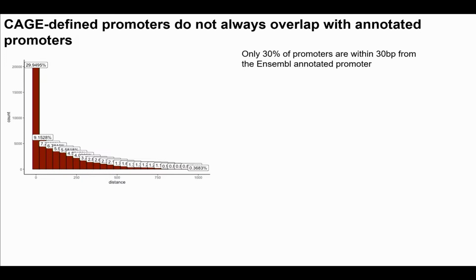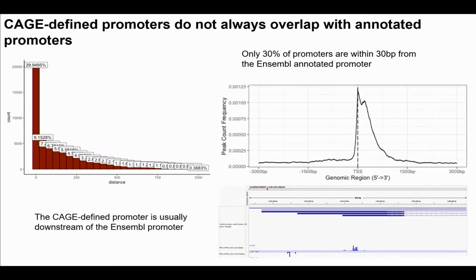As we can see, only around 30% of the annotated promoters are actually overlapping the precise TSS in Ensembl, while the majority of them are further away. And we can see also that they are mostly found downstream of the Ensembl annotated TSSs,